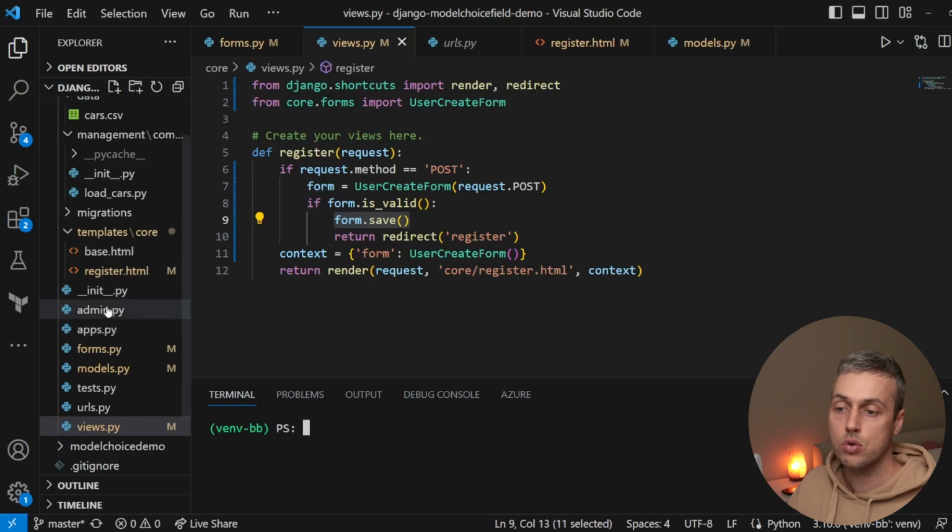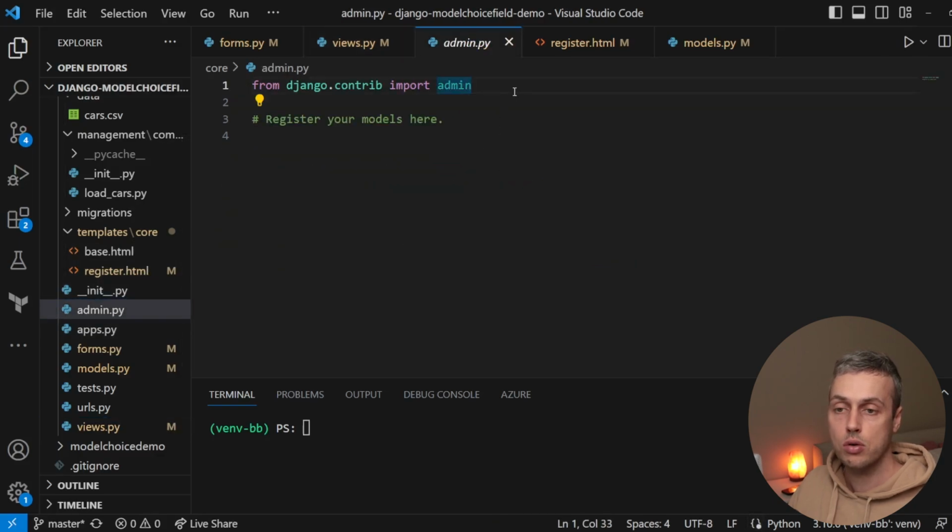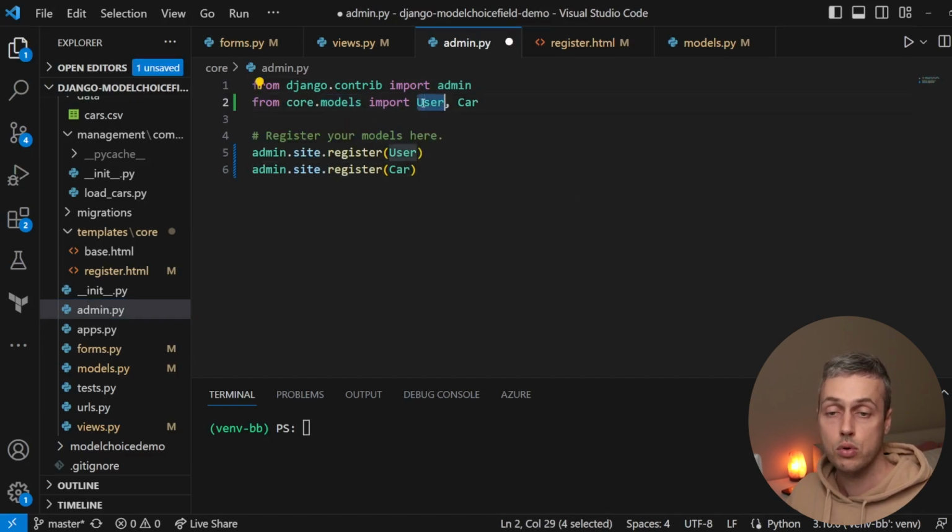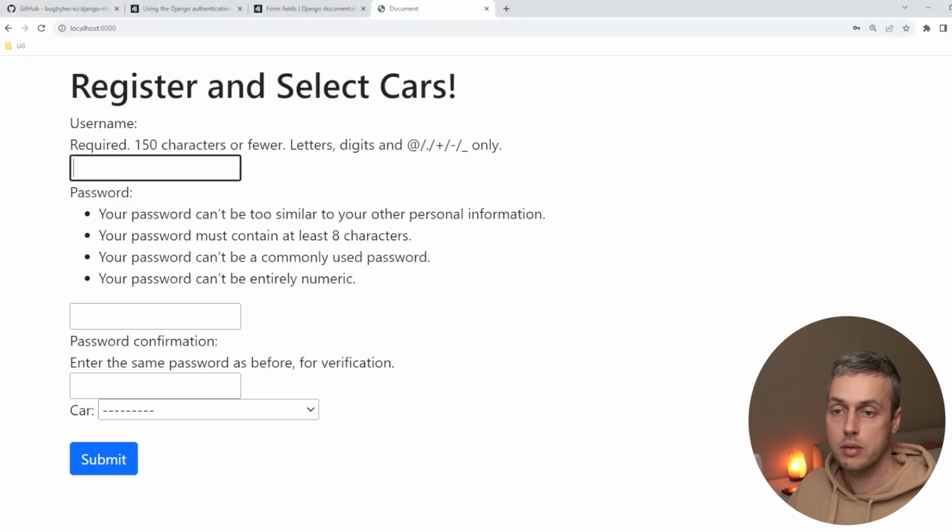All we need to do now is go to admin.py and register our models with the Django admin interface. So I'm just going to paste some code in here. From core.models, we're importing User and Car, and then we're using the admin.site.register function to register both of those models with the admin. Let's now restart Django's development server,